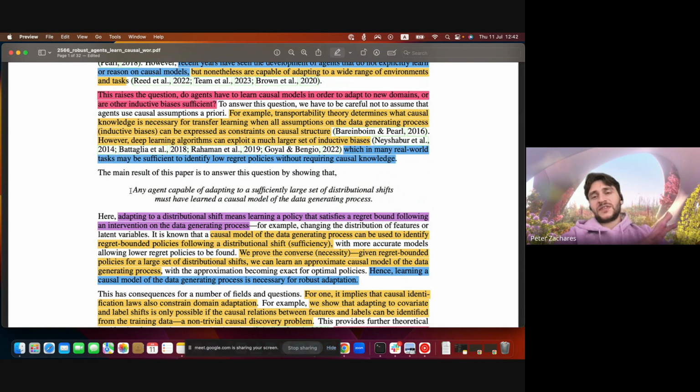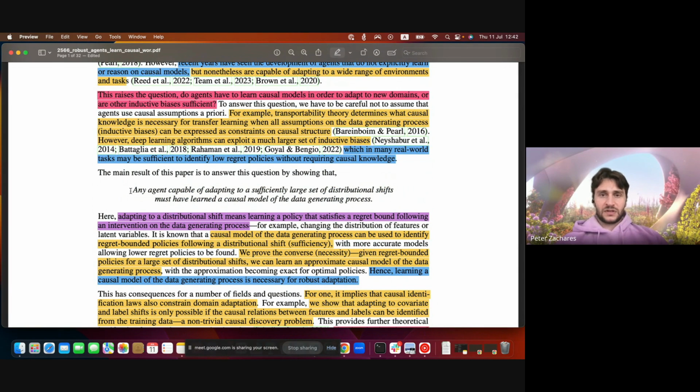and when it says a sufficiently large set of distribution shifts, I mean not only changing the colors, but maybe the scale of the image, putting in weird backgrounds, covering the cat or dog partially, all these things. If it can still tell you accurately whether it's a cat or a dog, then it must have learned a causal model of the world. So it must understand what characteristics make something a cat versus a dog in our world.